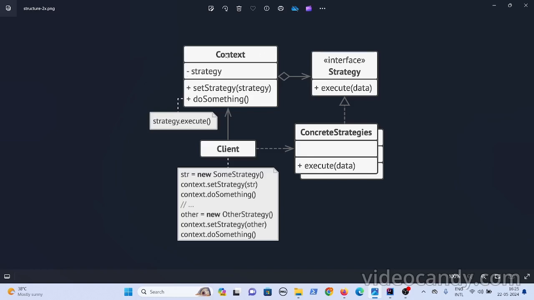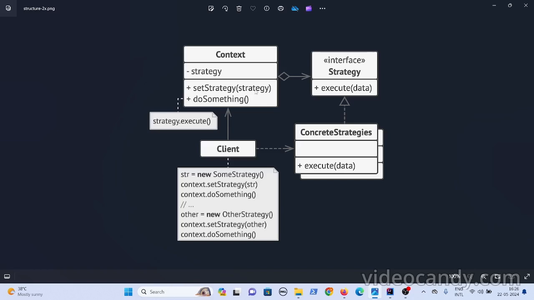Whenever you want to do some processing, you can provide, okay, I want to do the credit card processor. While creating this payment processor, payment processor is the context here, and the concrete strategies are the credit card processor and the debit card processor. And you can do this. This is also one more example.